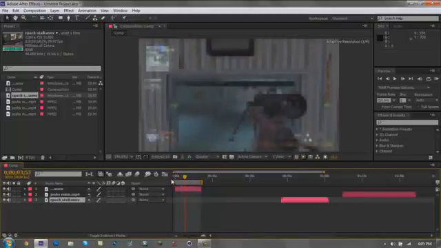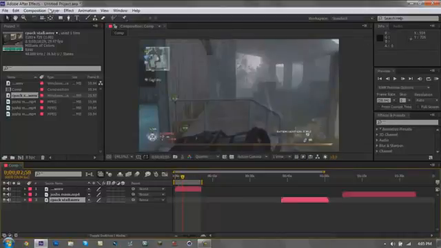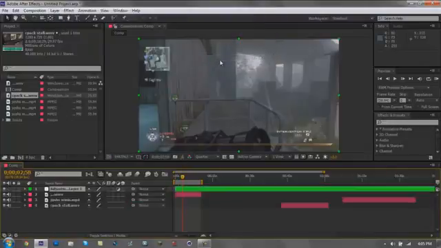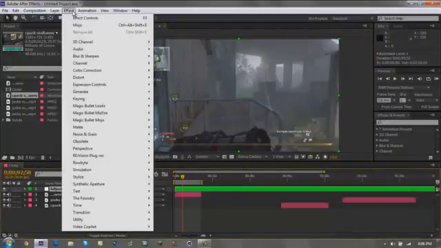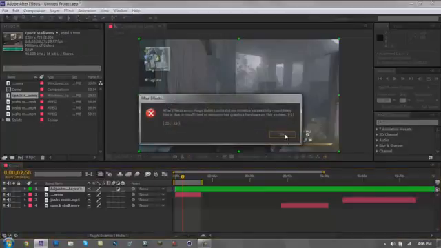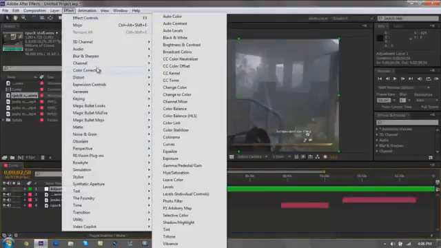So now say you want to add a color correction on your video. I suggest you do it this way. Instead of adding color correction to every layer, just go to layer, new adjustment layer. Adjustment layers are just an invisible layer, and you can add stuff to it, and then everything underneath it will get affected by it. So if I click on the adjustment layer and go to the effects at the top, and then let's say Magic Bullet Looks, you probably won't have this because it's a plugin. Okay, never mind, not Magic Bullet Looks, color correction,